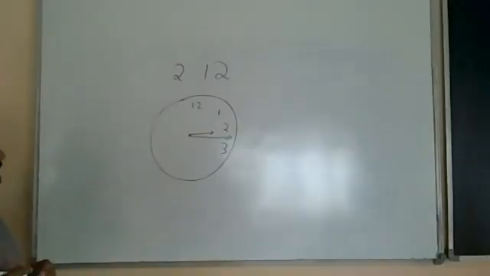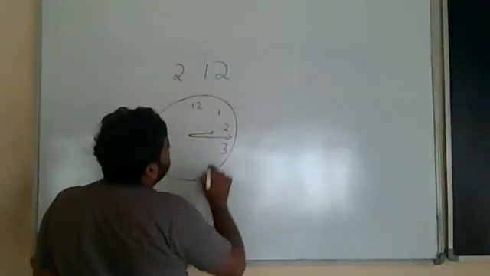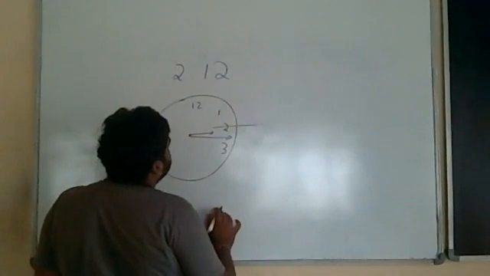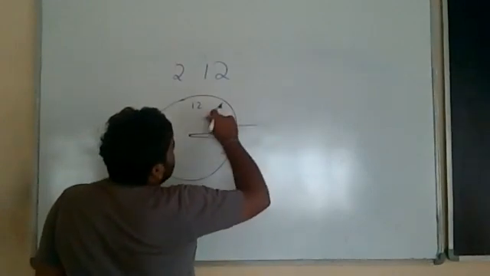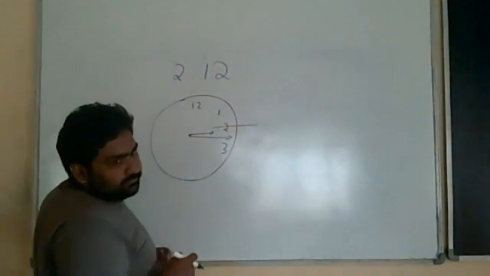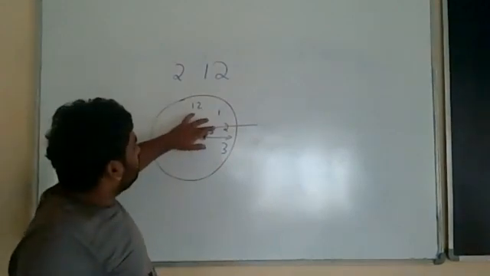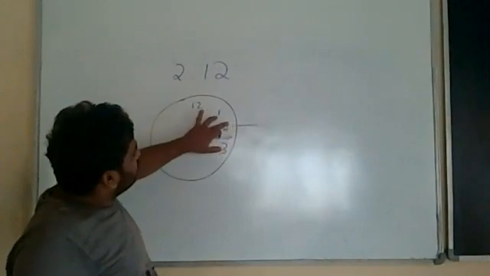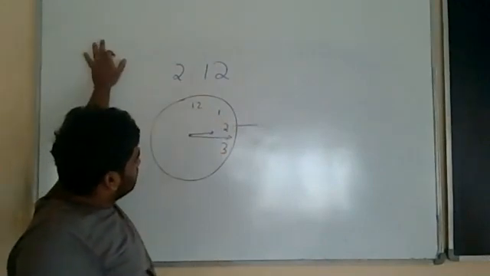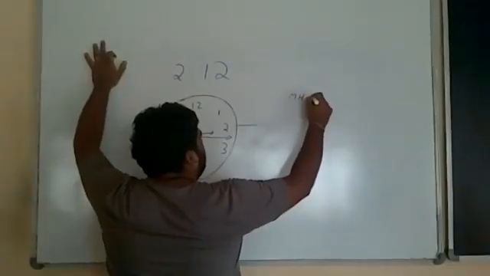Does it look like this? Is your drawing looking like this? Okay. I will take the reference as 2. If I take the reference as 2, first thing is there is no fully covered, correct? Nothing is fully covered because both lie between 2 and 3. Yes or no? Correct? Now, minute hand has traveled